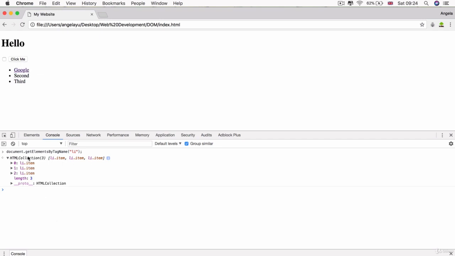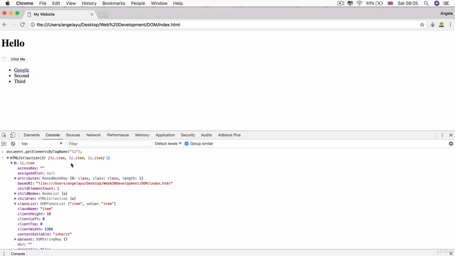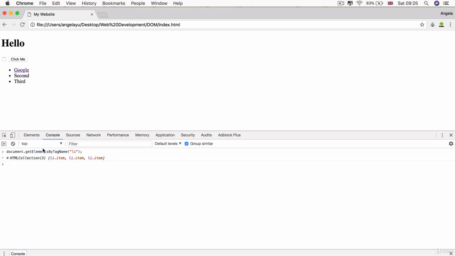Now, the important thing about this method and where it differs from the previous one that we used, which is querySelector, is if you notice the word elements is plural here. And what this means is that it's going to fetch all of the elements that have this particular tag name. So it's not just going to fetch one. Now, this is important because when you try to manipulate one of these elements,